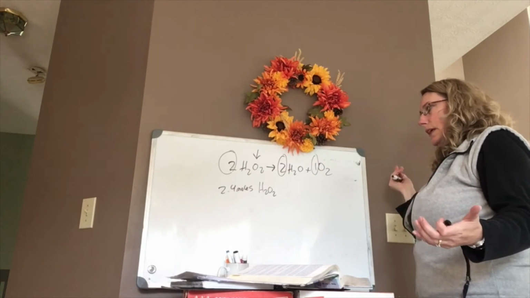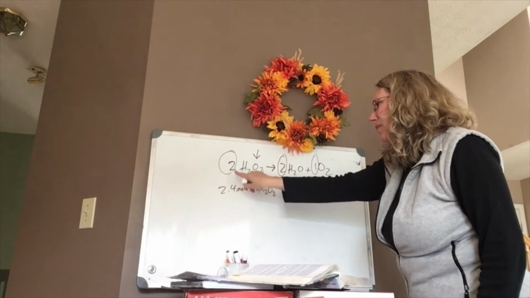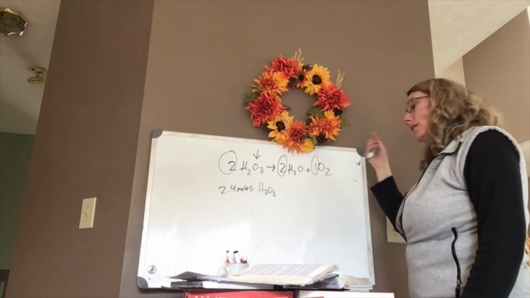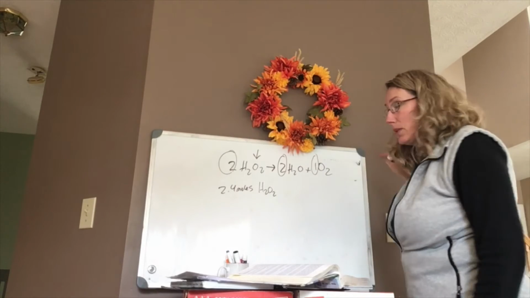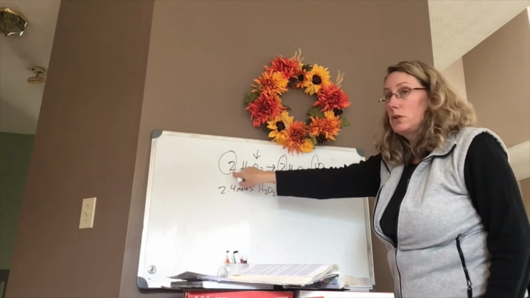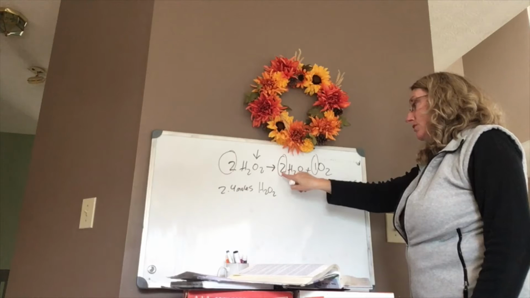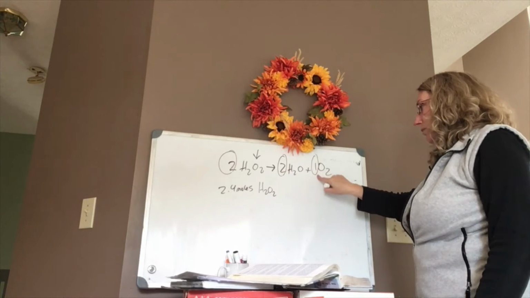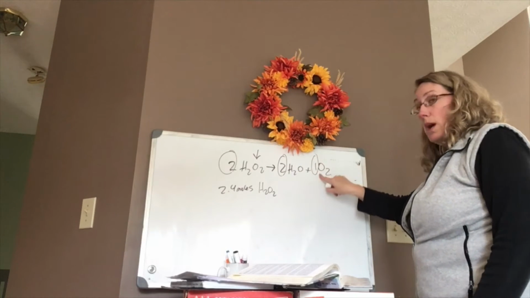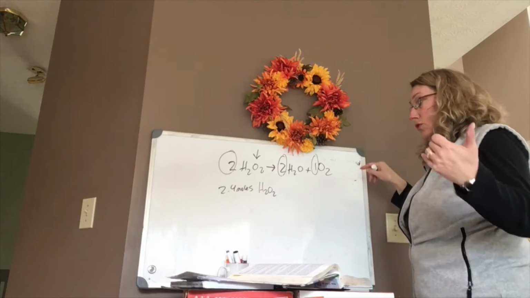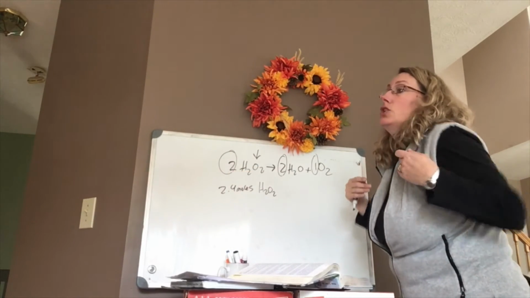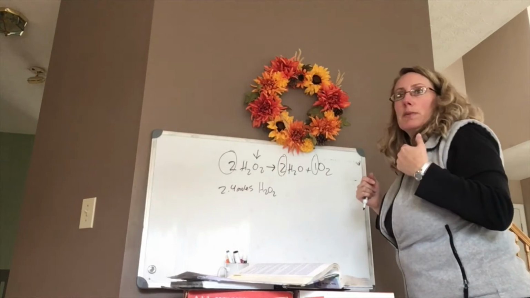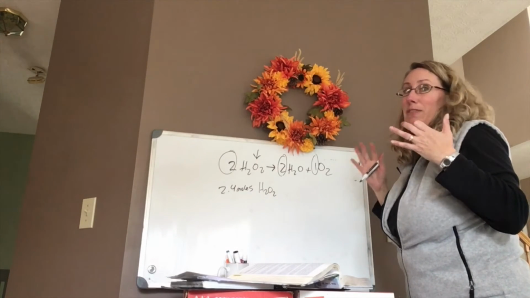Well, that's interesting. How do I go from this to this? Well, I know that this recipe, because I have a balanced chemical equation, says that for every 2 moles of this, I will end up with 2 moles of hydrogen and 1 mole of oxygen. So if I start out with more than 2 moles, just like if I doubled my recipe of chocolate chip cookies,